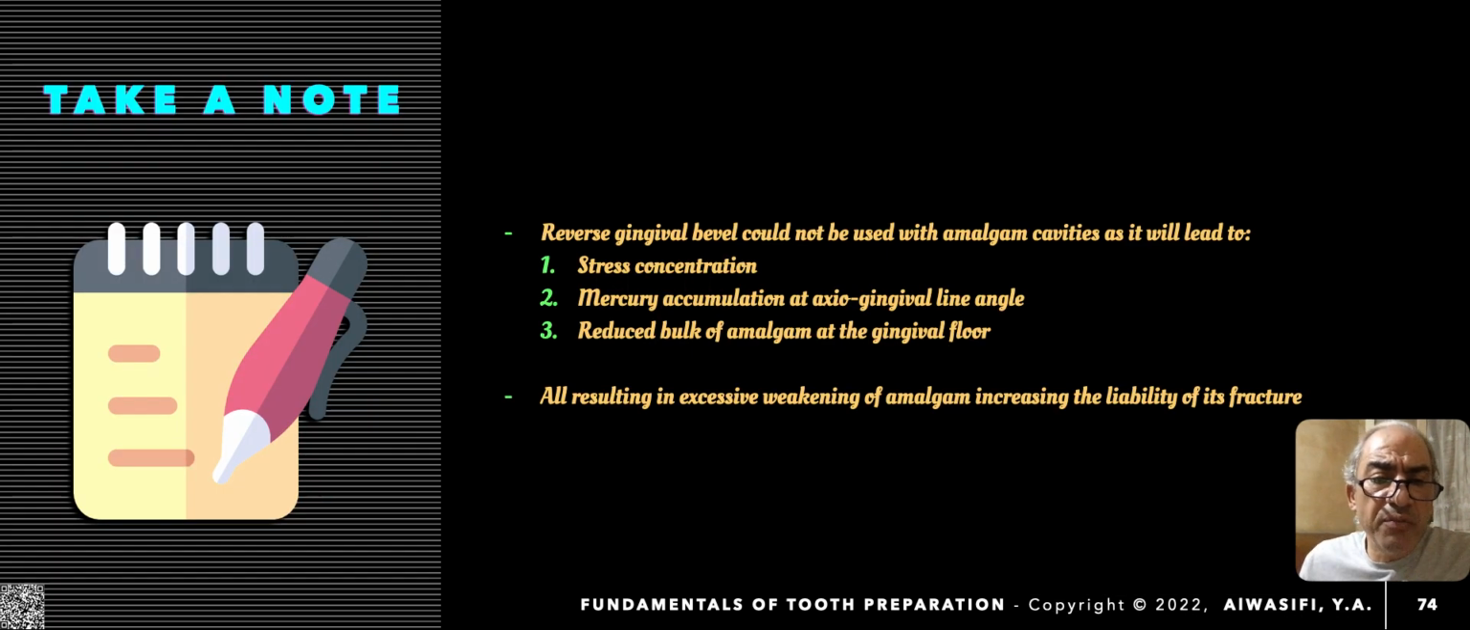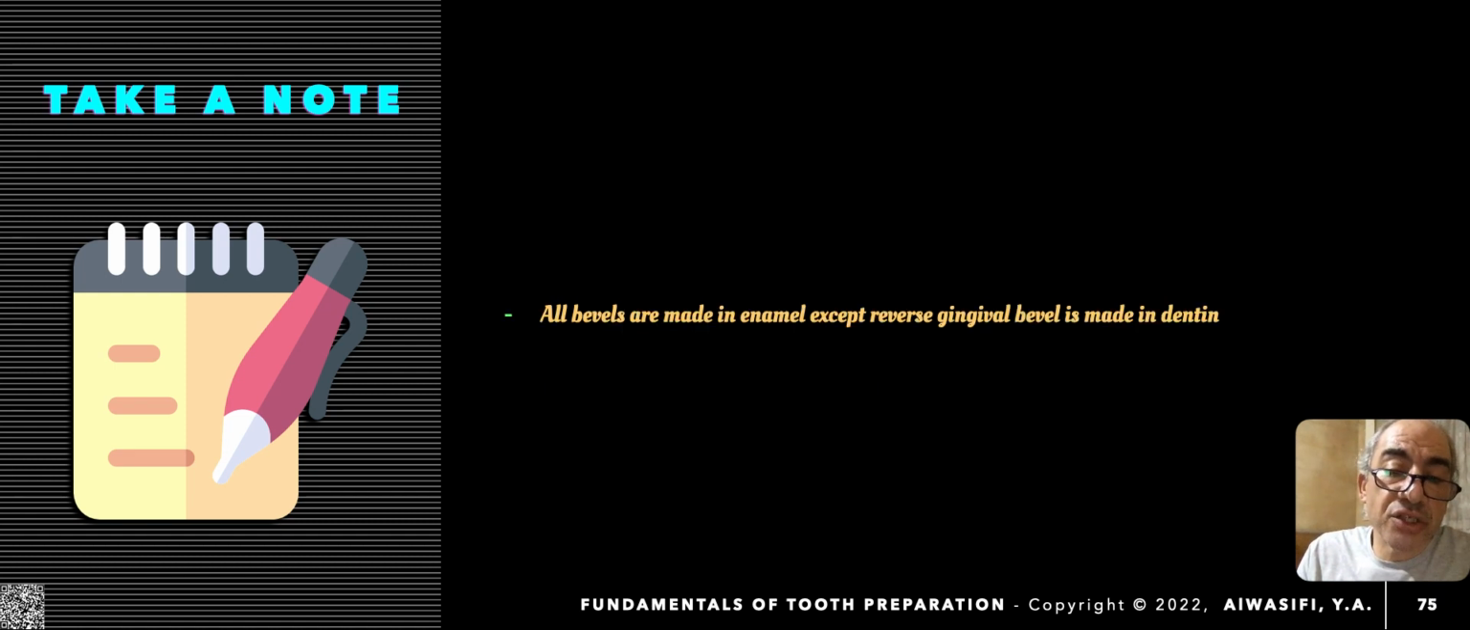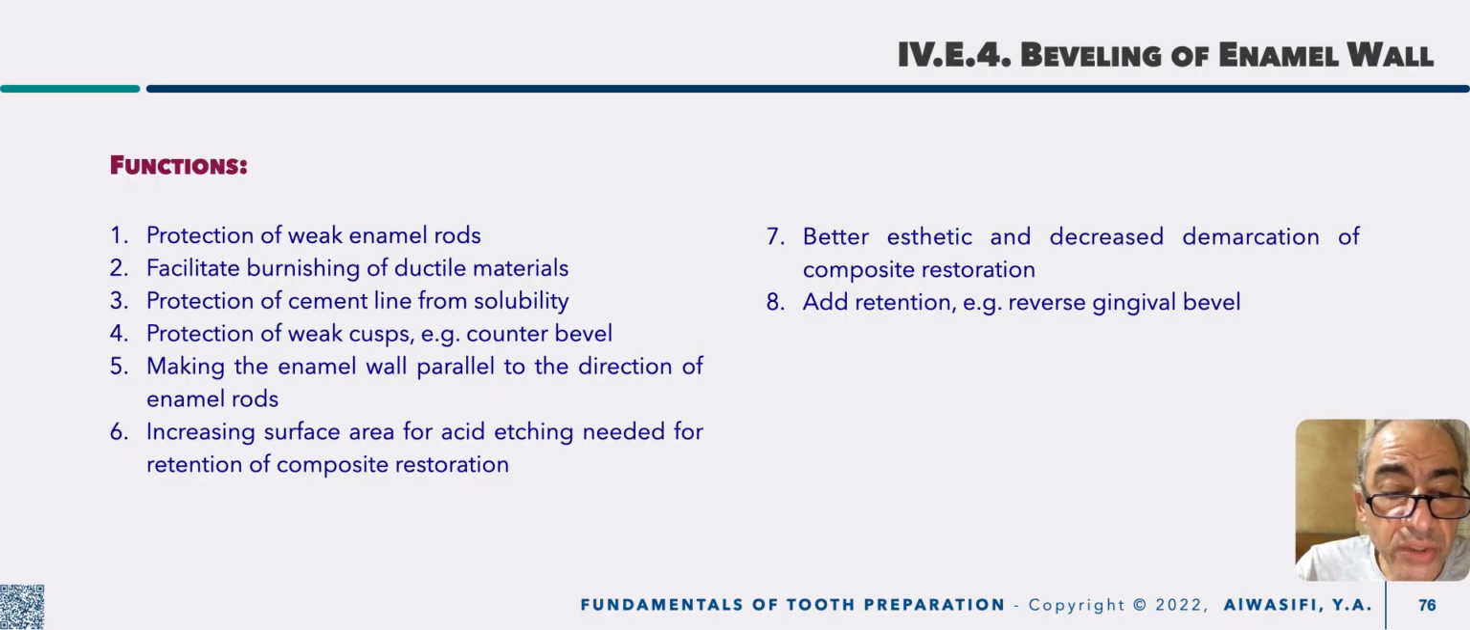This reverse gingival bevel, if you remember, is not indicated in case of amalgam, as it leads to stress concentration, mercury accumulation, and reducing the bulk of amalgam. All of these are factors that lead to excessive weakening of amalgam restoration. Then I would like to remind you that all bevels are made in enamel except reverse gingival bevel, which is made in dentine. Then what are the functions